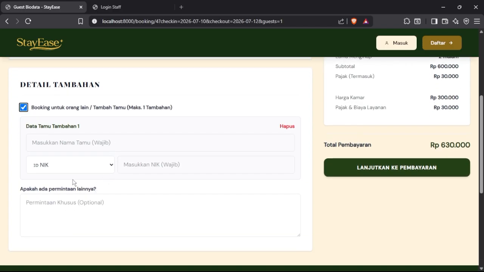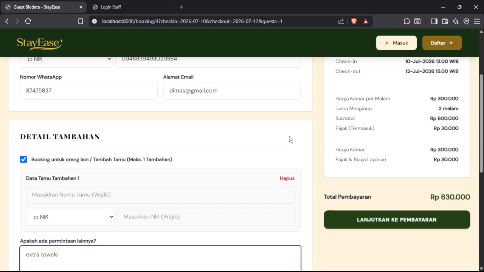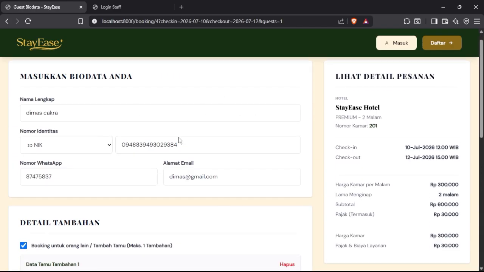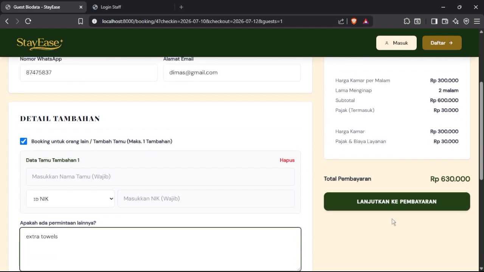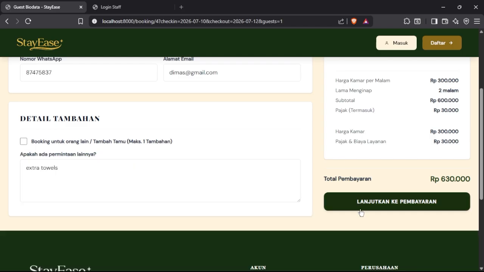The guest can also put in more information, for example, if they need more towels, or some information for the hotel, like maybe they have asthma or anything. If the guest finishes filling this form, they can click this button, lanjut ke pembayaran, to move to the next step.